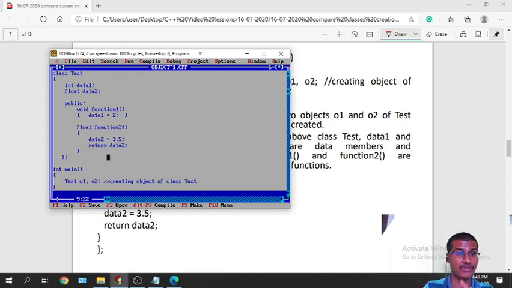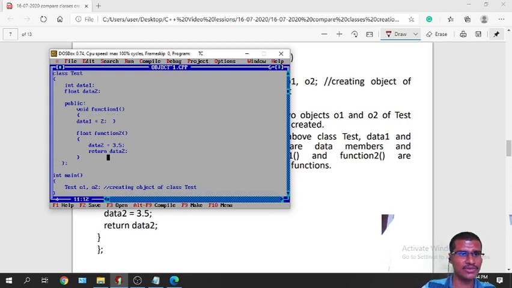Once data is declared as private, it can be accessed only inside the class. Inside the class also it is not directly accessed; like I cannot write data1 equal to 2 like this, then it will give an error. I can only assign the data, or access this data inside the member functions.